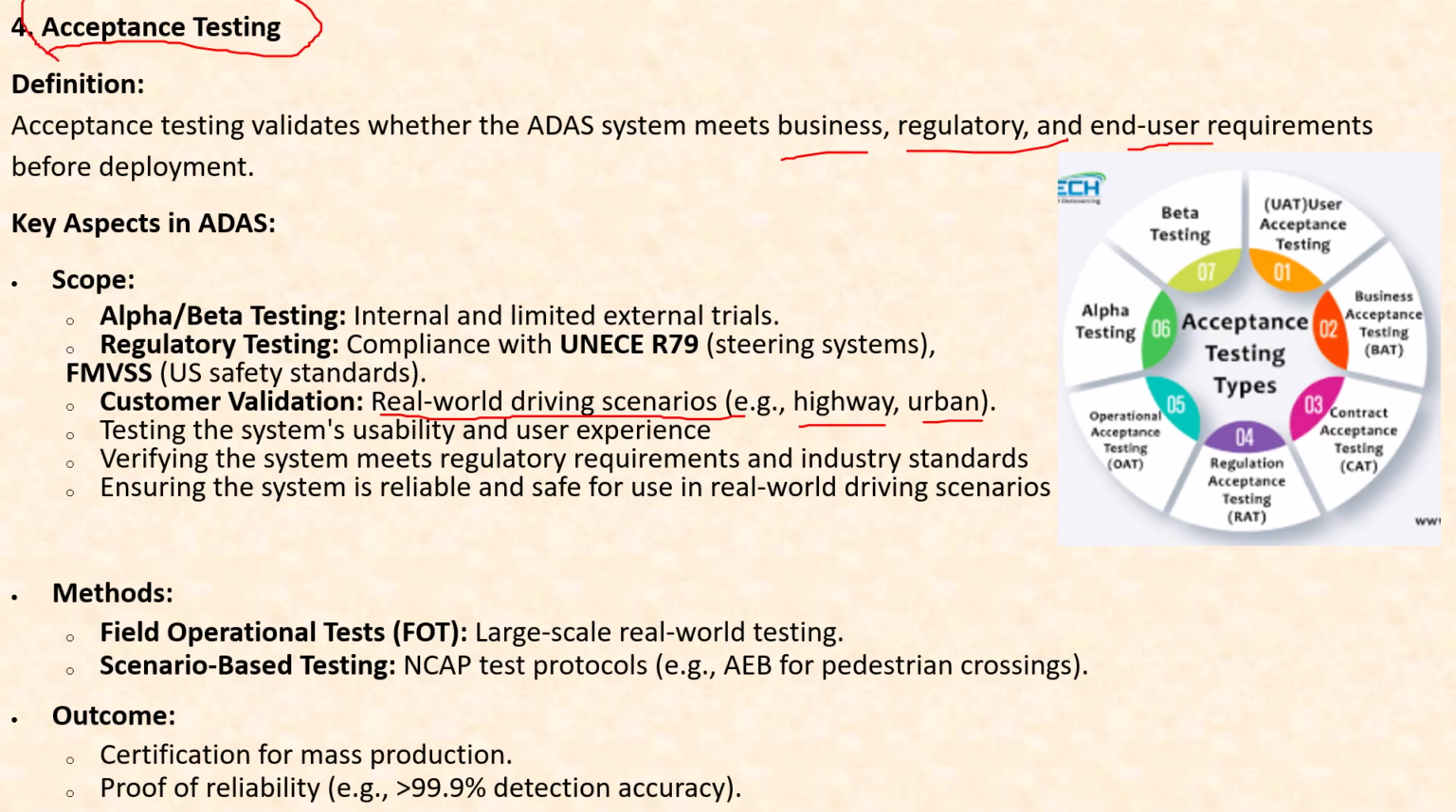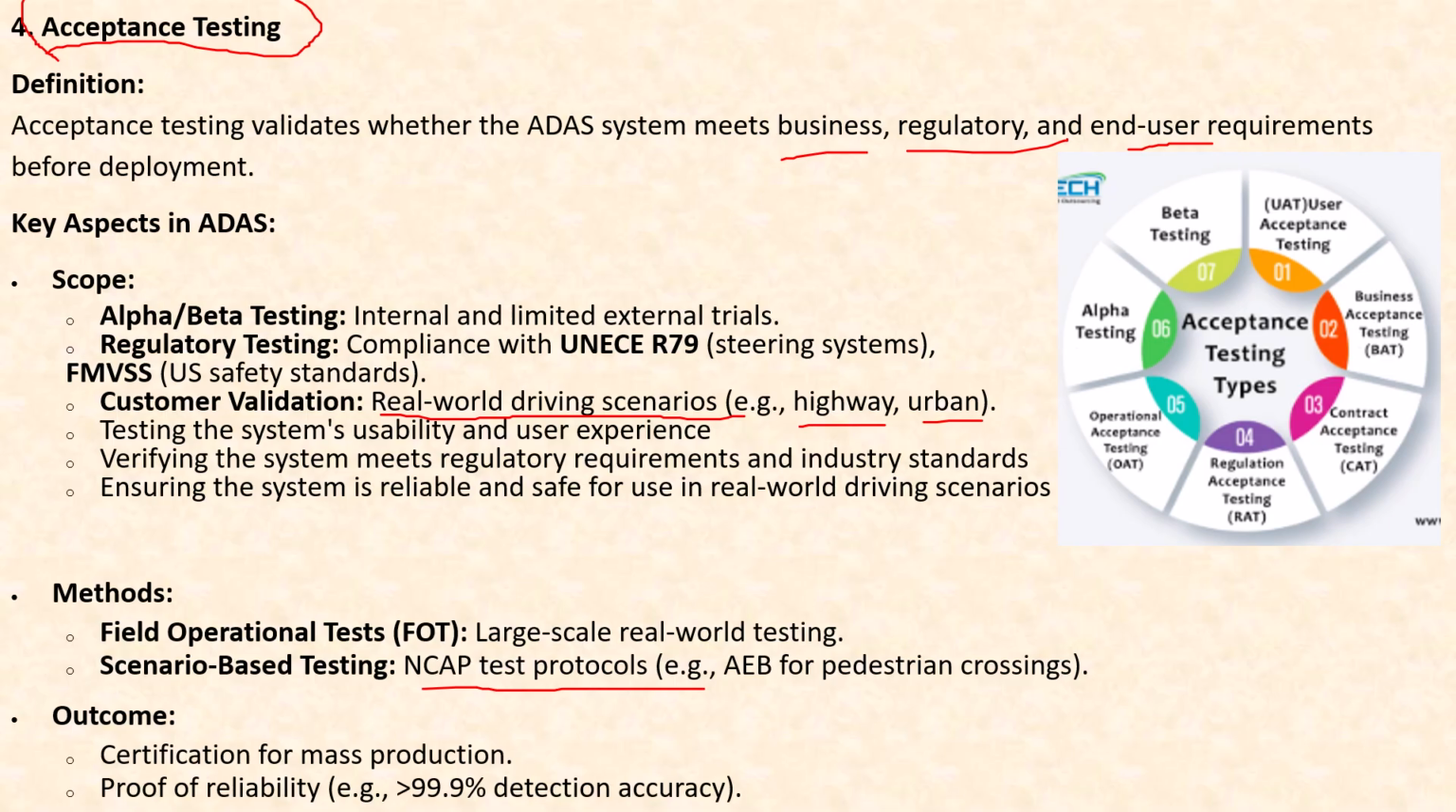Okay, next comes what are the methods. Field operational test, scenario based testing. Now this scenario based testing is a very important thing. Actually there's a slight fine line between scenario based testing and user acceptance testing, because they go hand in hand. NCAP test protocols. Now NCAP has outlined meticulously the various types of protocols, and these NCAP test protocols are very important